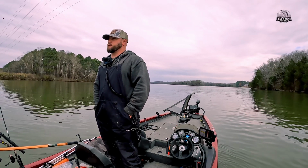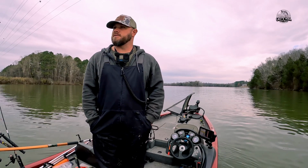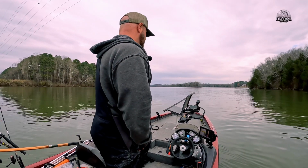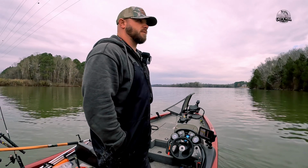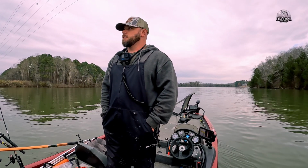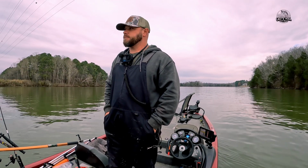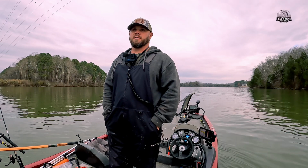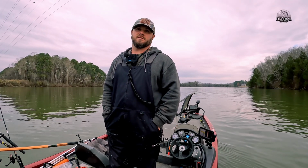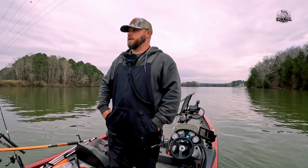Looks like a great stretch of river. I wish I had more time. I'd come out here and I'd scan it and find some good structure and mark it on the Garmin, but only got a few hours, so I got to make the most of it. And scanning a bunch of river that I'm unfamiliar with doesn't seem like a good use of my time since I'm limited. But